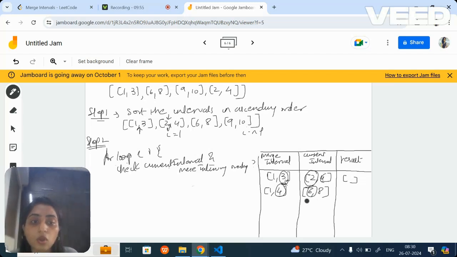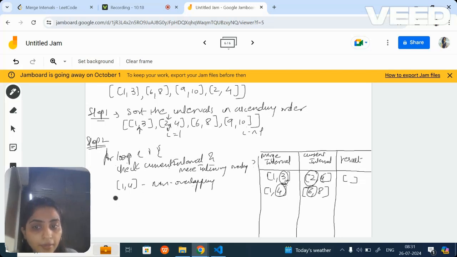And therefore, your 1 comma 4 becomes your non-overlapping interval. So you push it into the result. Obviously you will do result dot push, and your 1 comma 4 becomes your non-overlapping element.